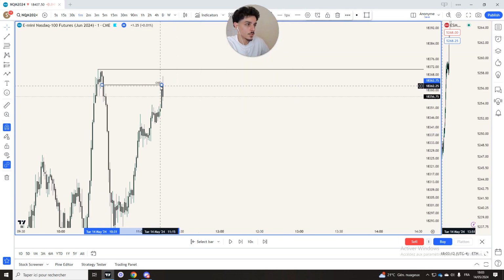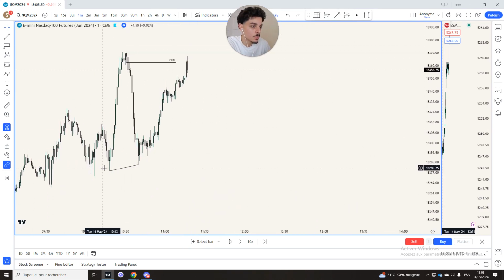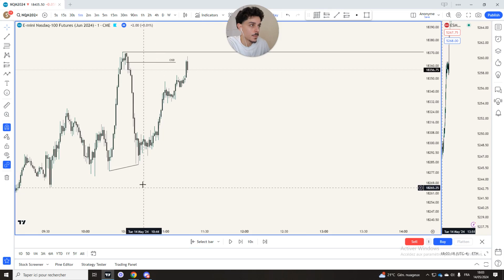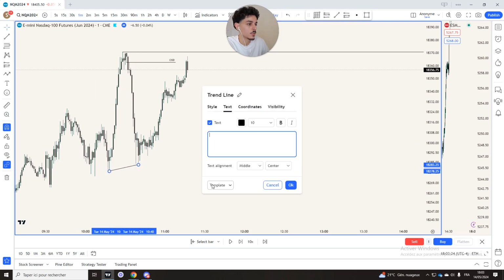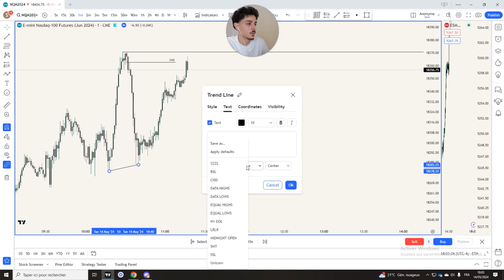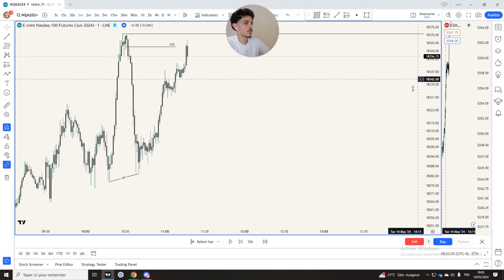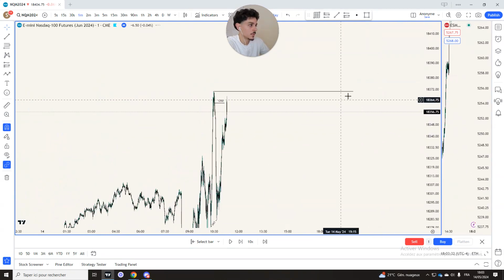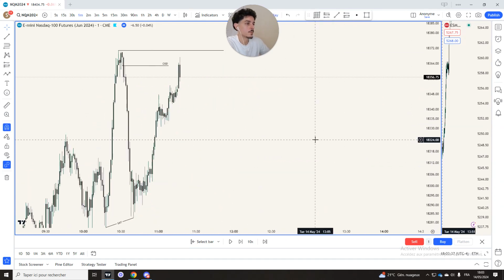Important thing here: we had SMT at the low, so I did not need to sweep those lows in order to be bullish. These are not considered equal lows if there's SMT at this low. So there was an SMT, and what I said on Discord was super important here, it's pure gold,